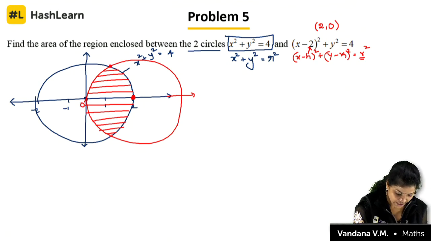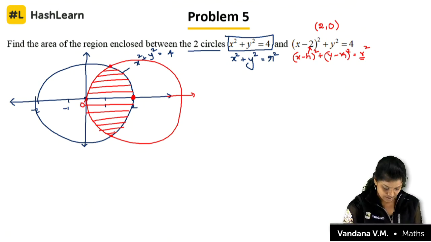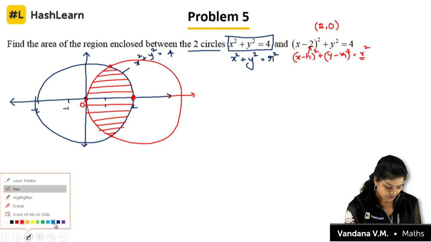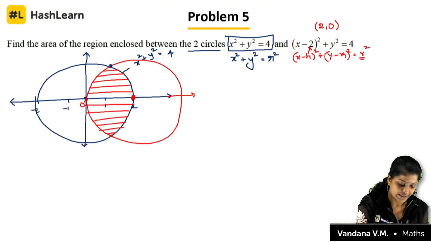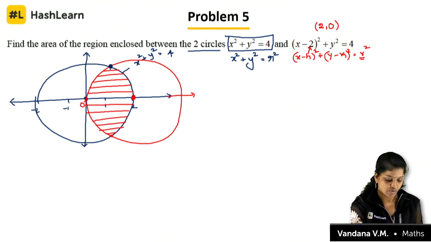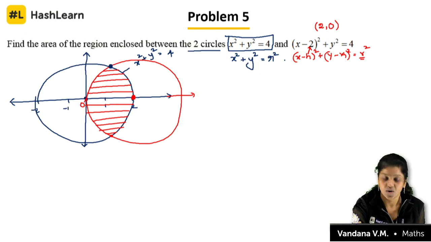So, first I need the limits. For that, how to find out the limits? First find out the intersecting point. So, how to find out where the first circle and the second circle meet? These two are same, right? So substitute or you can solve it, because the first is equal to 4 and the second is equal to 4, substitute, you will get